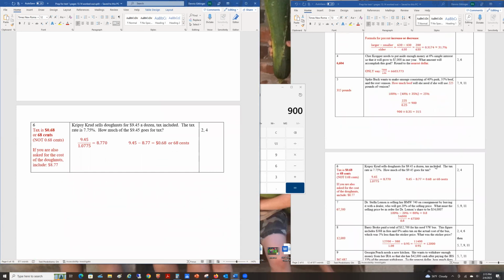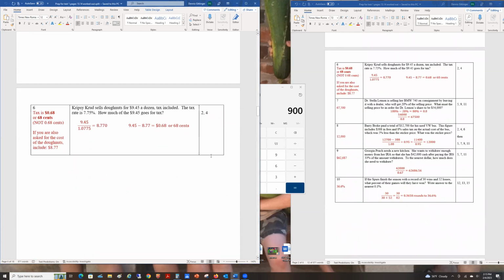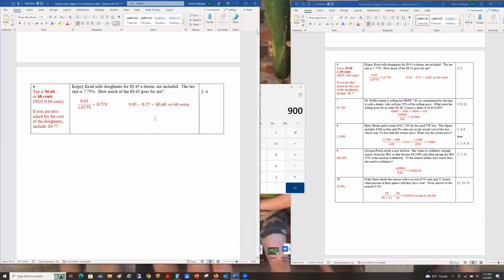Number 6. This is one of those like numbers 2 and 4, in that there's some unknown number, which is the price before tax. That unknown number is increased by 7.75% of itself. That means that the unknown number can be calculated by realizing that for $9.45, you don't take 7.75% of that because that's not the price before tax. The price before tax is unknown, but whatever it is, $9.45 is 1 times it plus 0.0775 times it. So you have to divide it by 107.75